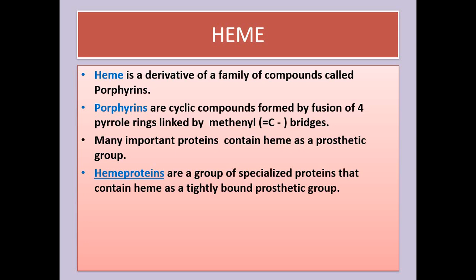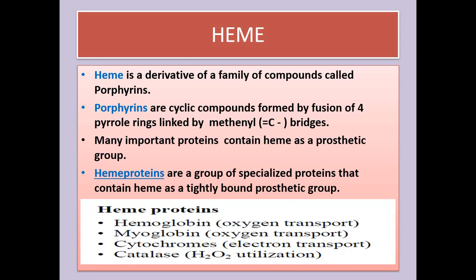There are certain specialized proteins that contain heme as a prosthetic group. These are called heme proteins, and they include hemoglobin, whose function is to carry oxygen, and myoglobin, which is present in the muscles